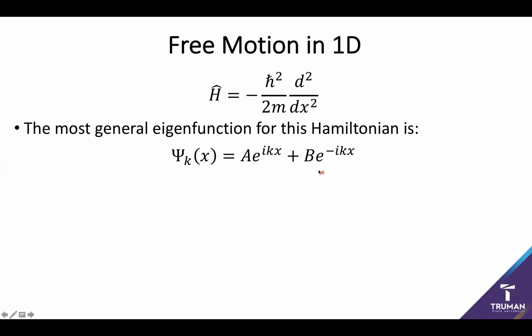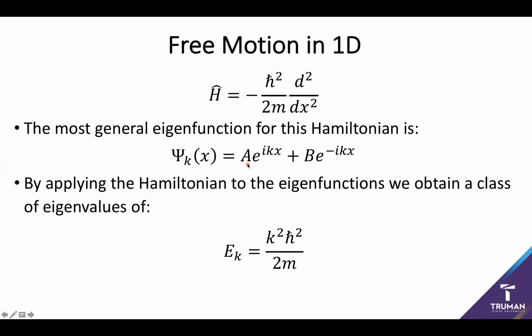And one of the cool things is when we apply our Hamiltonian to, let's be honest, this kind of messy operator, wave function, what we find is that it does give us a single eigenvalue. So this means that while this isn't exactly the function we'd expect, it is indeed an eigenfunction of our Hamiltonian, with an eigenvalue of h bar squared k squared over twice the mass of the system,